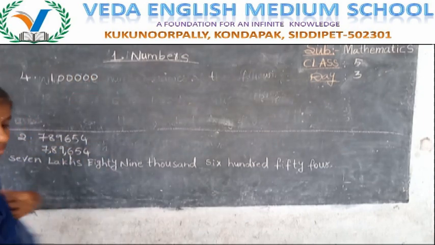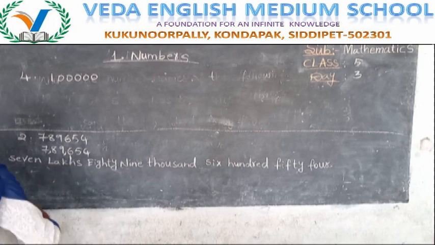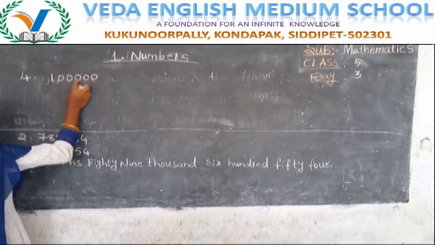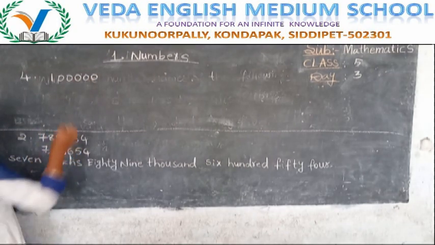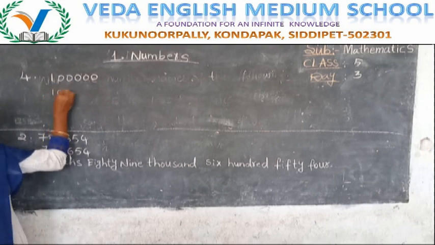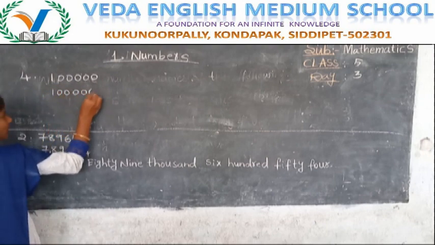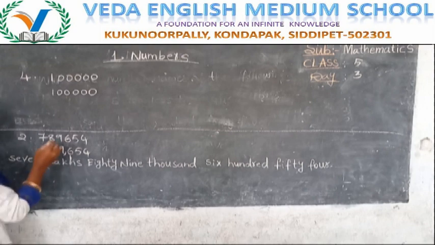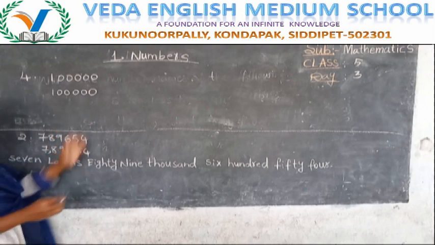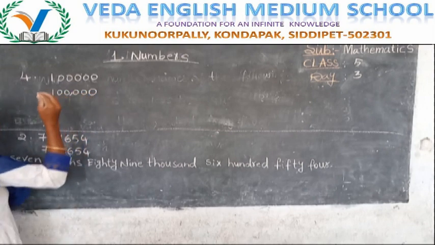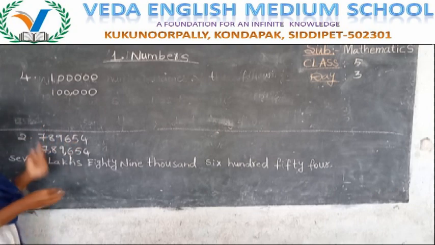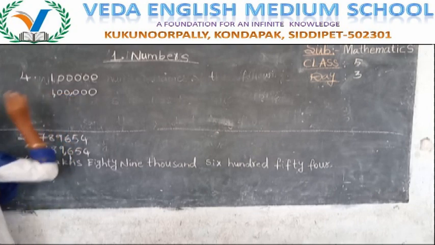Now, how to read this number? Read this number once. We have 5 zeros and the last digit is 1. I am writing them as it is. Now, we have to separate the digits with commas. 1, 2, 3, comma. First after 3 digits, next after 2 digits. 2 digits have completed, comma.